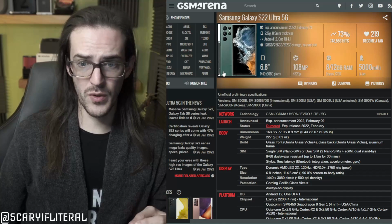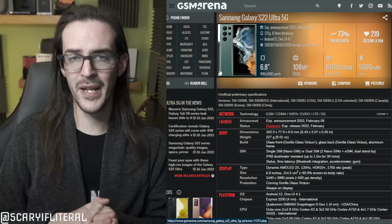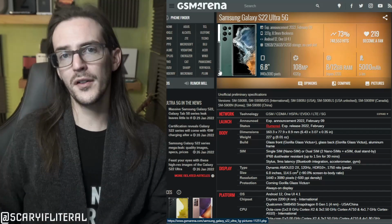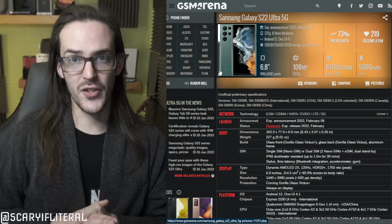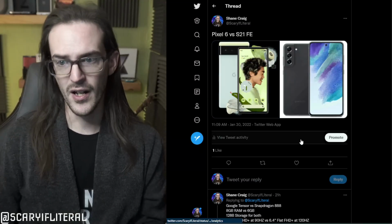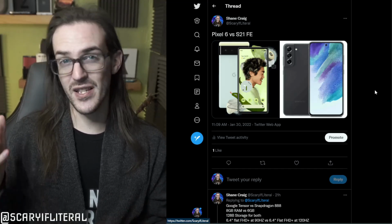And then of course you do get the S Pen with a proper silo to contain that pen. So I mean, all in all, it does look very impressive. But I do have to wonder, with the additional competition out there, if it is impressive enough. And in fact, I tweeted this thread here discussing the Pixel 6 versus the S21 FE, because these, they're separated